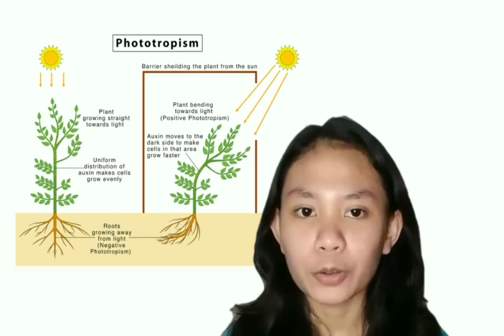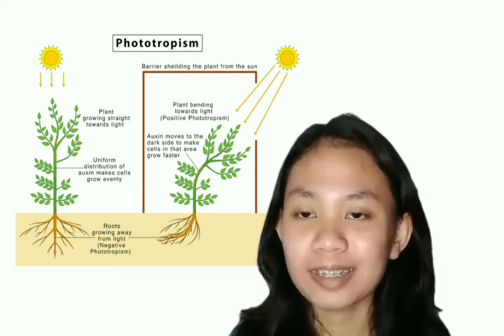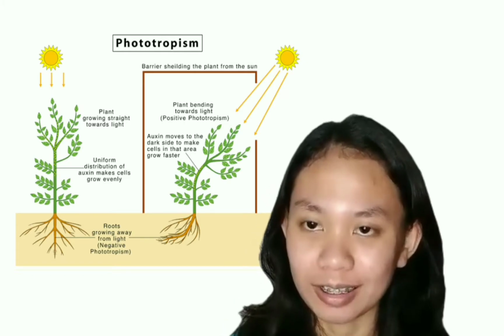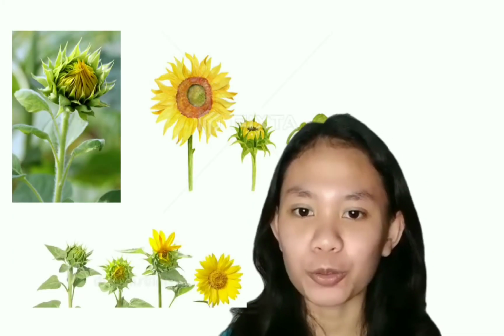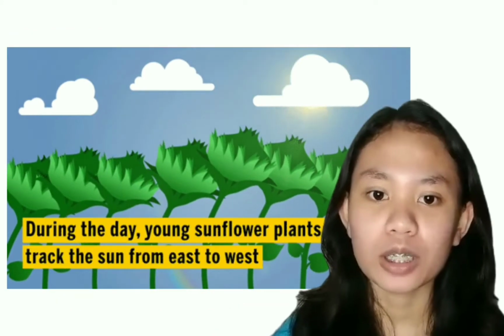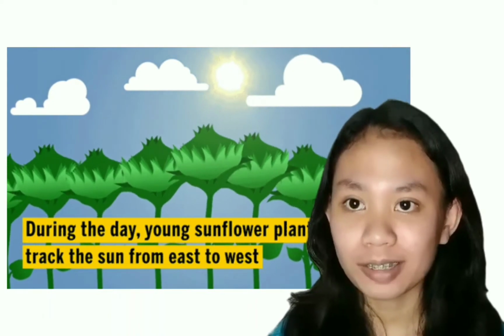Phototropism. The growth of plant parts in response to light is known as phototropism. Plants' mechanisms move in relation to the sun. The sunflower is a great example, as it is a highly phototropic plant. Sunflowers also tend to grow towards the sun, and are also seen tracking the movement of the sun throughout the